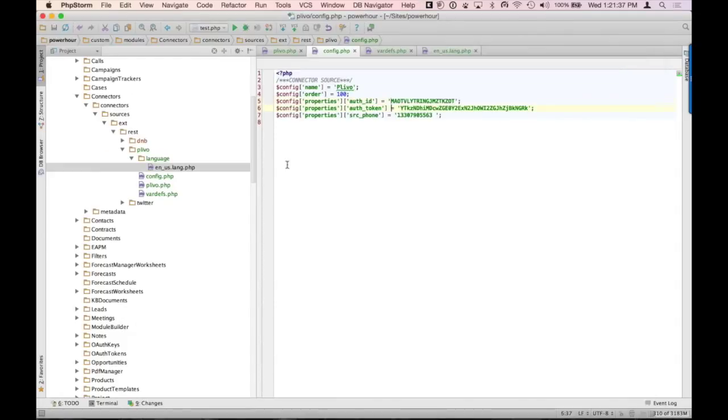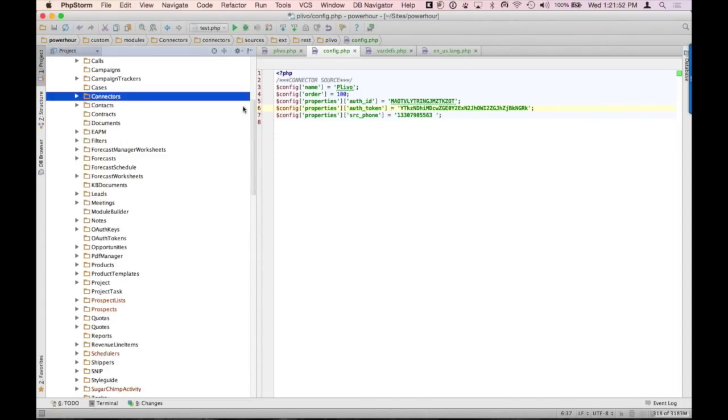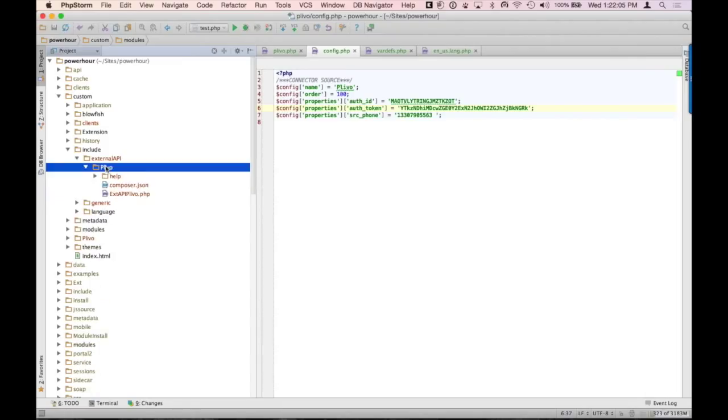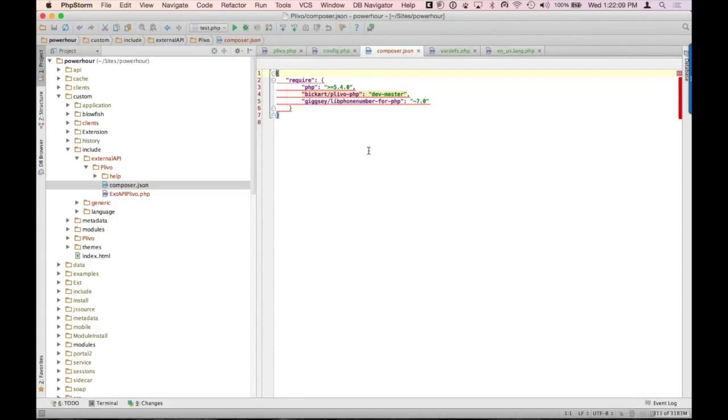So that gives me a good place to start of what it is that I now want to be able to do. All I basically built that for was the ability to make it so that I can store information. So the next thing that I want to be able to do is have the ability to communicate to my third-party web service. And so I actually built an external API to Plivo. I have the ability to have a third-party web service to communicate to Plivo, and I built a package and